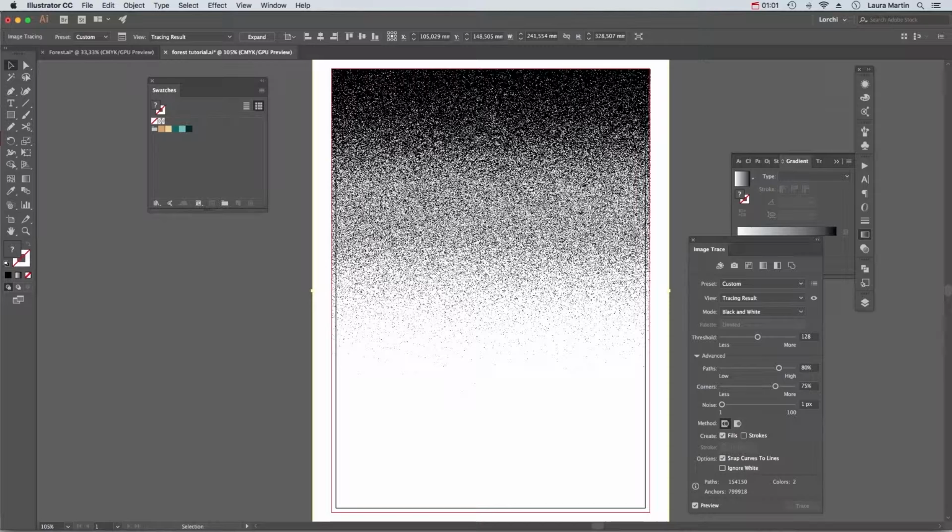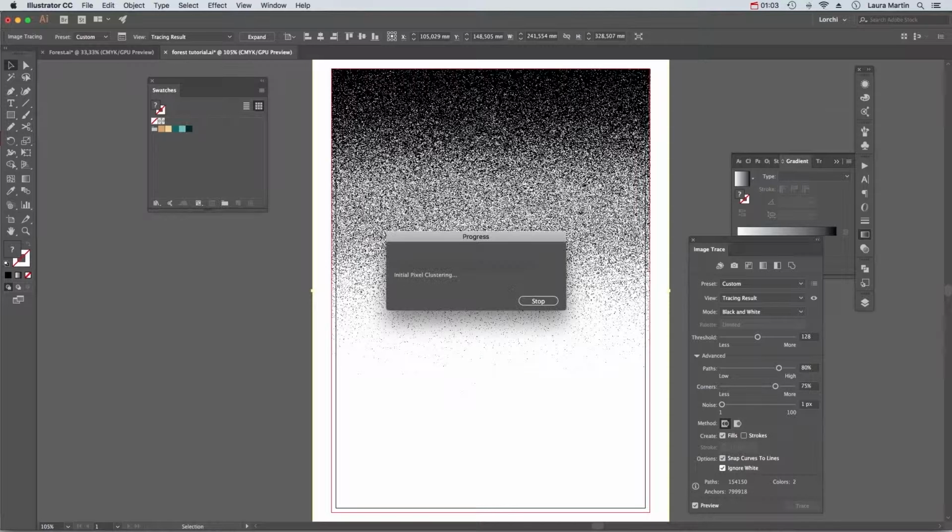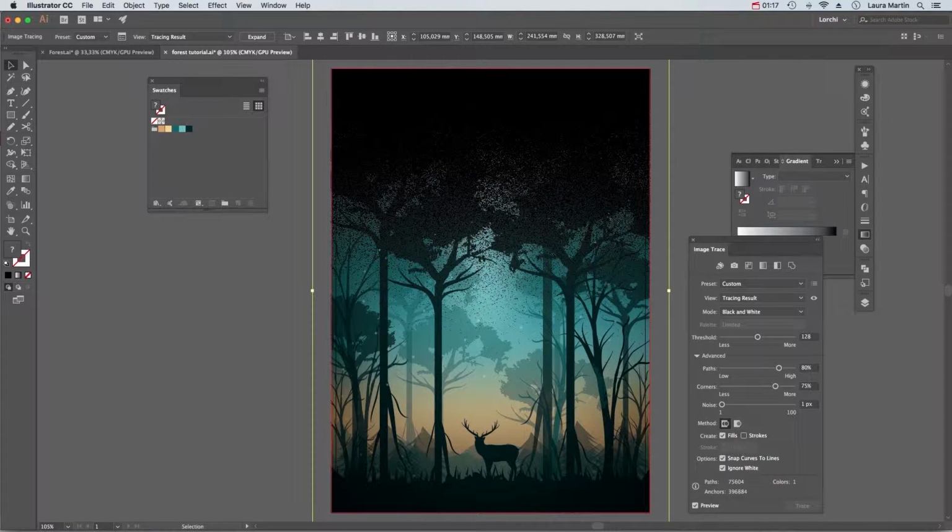And we'll select Ignore White. Let's expand the image trace.